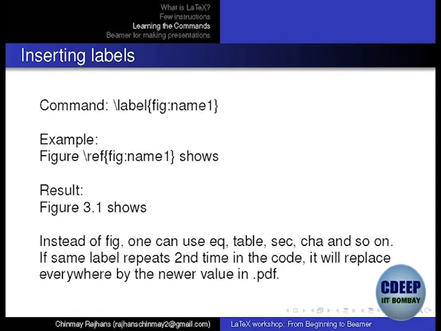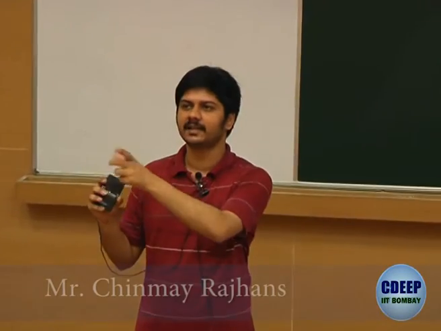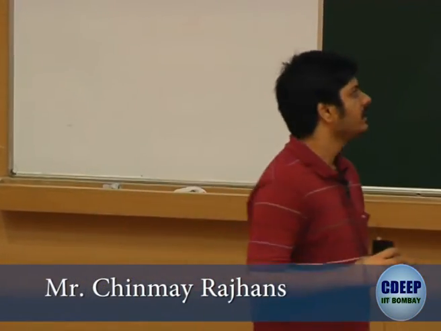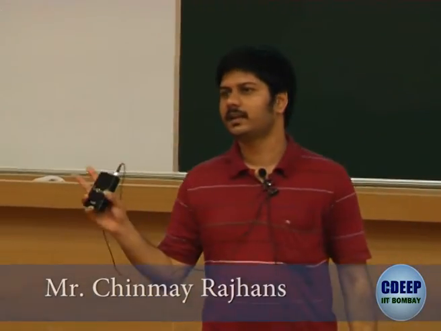Again I will repeat, wherever your object is, if you are referring to a figure or equation, inside end equation, before end equation you just put this line backslash label followed by one identifier. And wherever you are outside in the text mode, normal text, you want to refer to it, just put backslash ref followed by your same name, the exact name that you have given. Okay, and you run it 2 times, it will replace it with the number automatically. Whatever equation number it has given, the exact number will come here on its own.